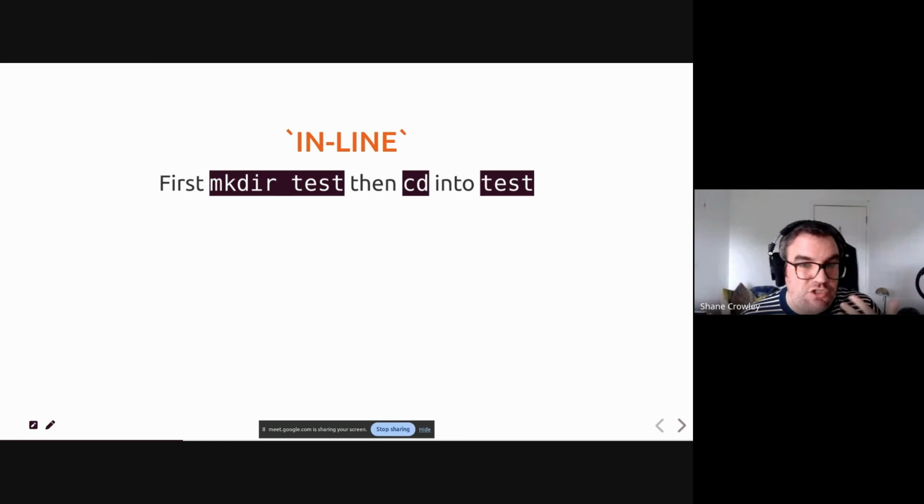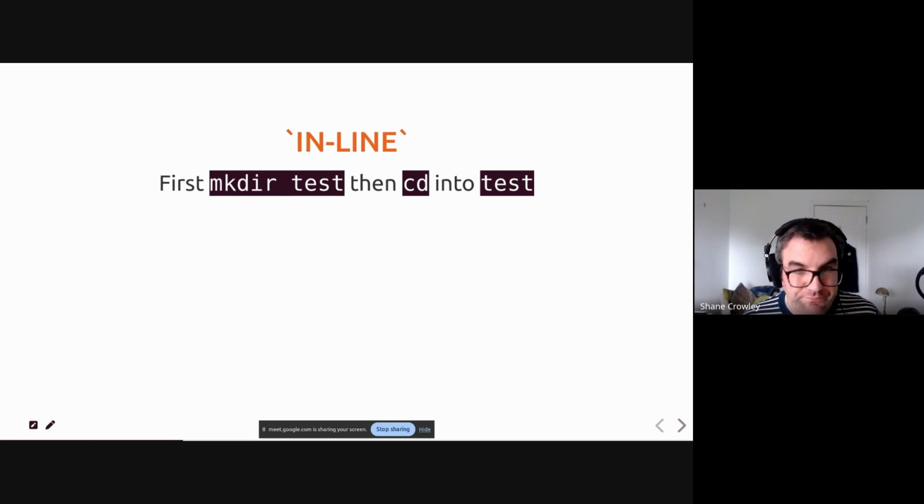And usually that then transforms the style of the code as it appears in the final web page. So here, for example, we first make dir test, so make a directory called test, then cd change directory into that directory test. So we are mixing text and inline code